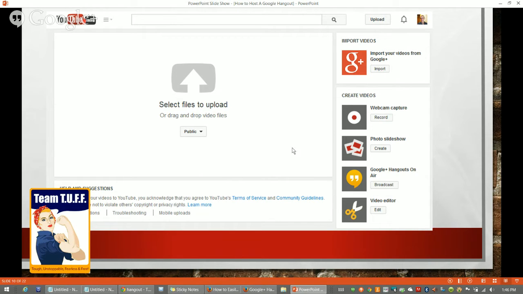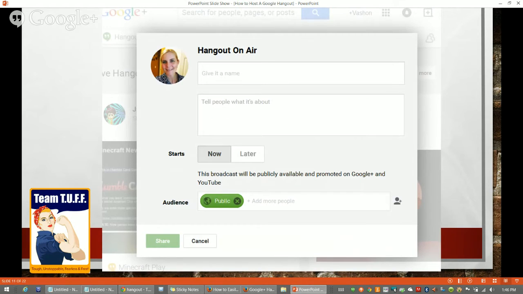But if you look on the right-hand side, you'll see the third one down is Google Plus Hangouts on Air. So you want to click Broadcast. Once you click Broadcast, it may take just a little bit because it's got to load everything. But once you click Broadcast, it's going to pull up a screen that looks like this. It's going to actually be your Google Plus account that comes up, and then it's going to say Hangout on Air. What you'll need to do is give it a name